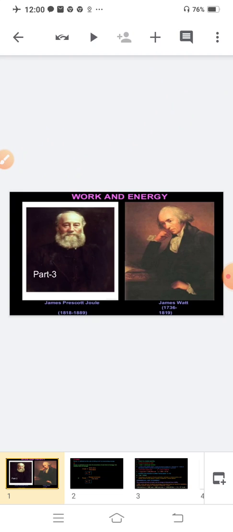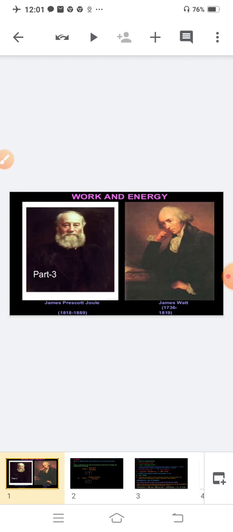But out of these, we have done only 2 energies. What are they? Number 1, kinetic energy, and number 2, potential energy. So let us start with kinetic energy. What do you mean by kinetic energy? I told you that the energy of a body due to its motion is called kinetic energy. Example, a moving cricket ball